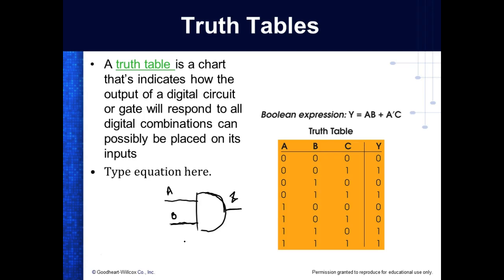So what a truth table does is show you how the output responds to every possible combination you could put on the input. So you just start counting. If I had 4 inputs, then I could put 16, right? If I had 5, I could put 32, and after that, truth table reduces. That's when you use Boolean algebra instead, because you get so many entries in the truth table. If I had 8 inputs, that's 256 combinations, and I would have to count through every one of them. So there's binary 0, 1, 2, 3, 4, 5, 6, 7. I can't count any more, so that's all my combinations. So what this is saying is this combination right here gives me a